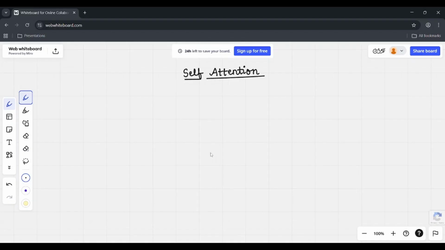Okay, so before jumping into what self-attention is, let's answer a very basic question. In order to perform any natural language related task, for example, let's say I'm doing machine translation, whatever we provide as input in our model, in which form is it present? It is quite obvious that our models are machines, they don't understand natural language, the language that we speak, right? What they understand are numbers.